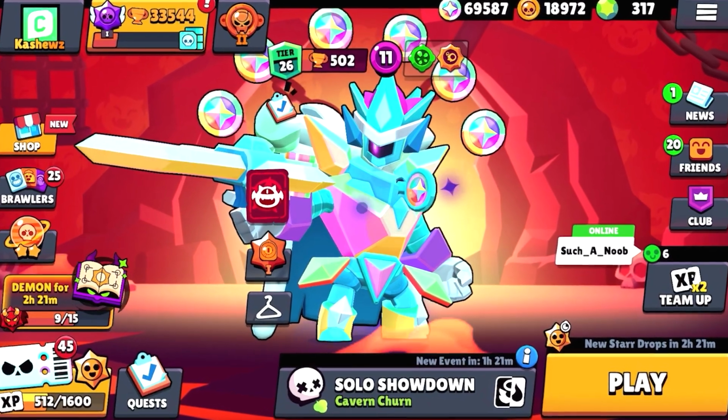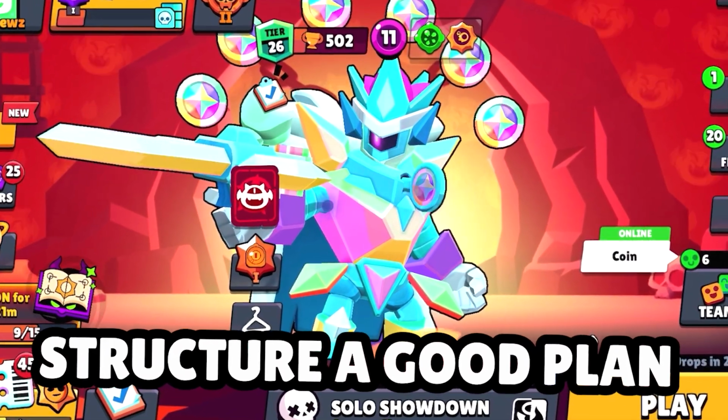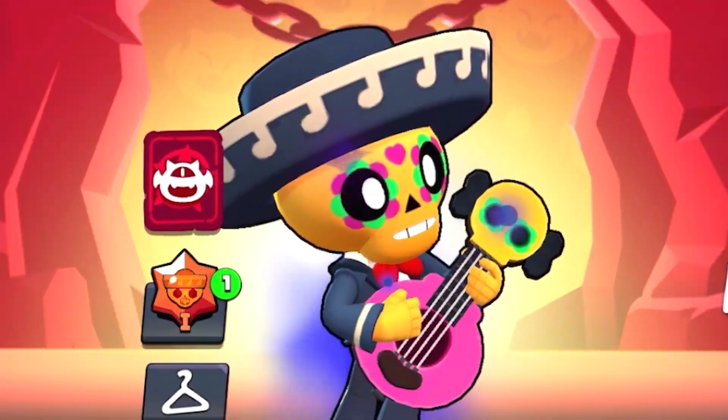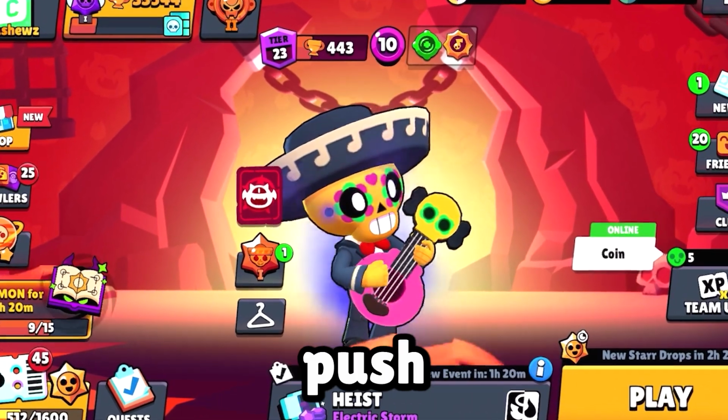But yeah, the first way to get max tier brawlers fast is to structure a plan to get a max tier brawler. Now, you can't just wake up one day and decide, oh, I'm gonna push Poco to max tier in Heist because Heist is the best. No, it's best to create a plan and note down which brawlers you specifically want to push to the max